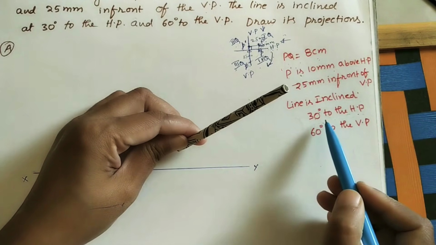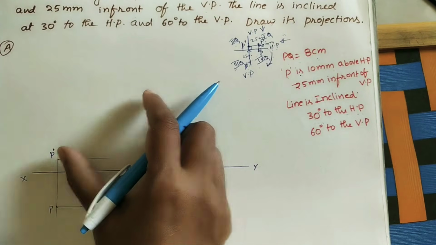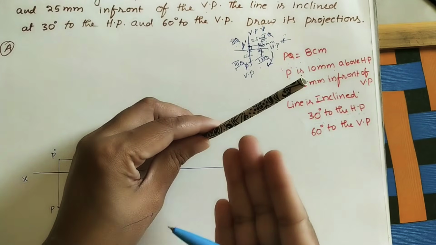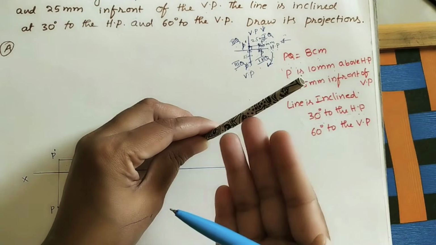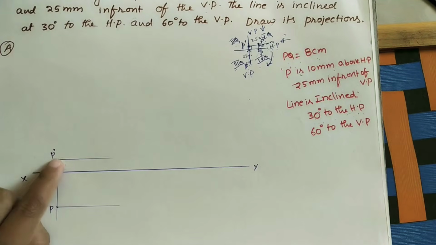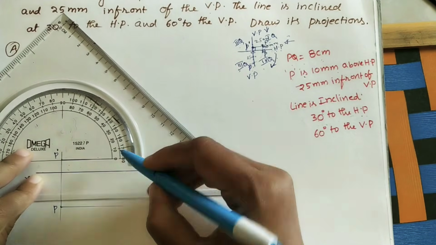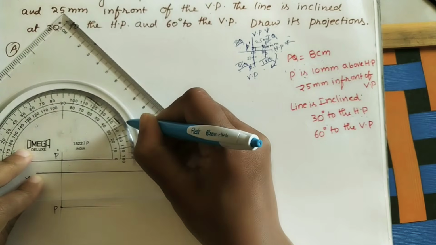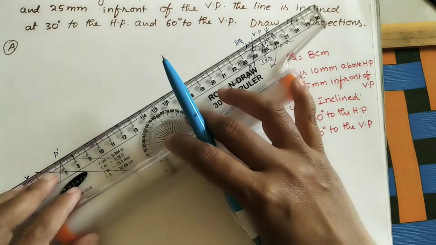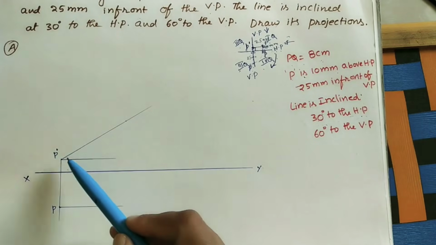That's why take this 30 degrees angle here, and draw the entire length of 8 centimeter. It is the front view. As we have discussed, in the front view we can see the entire length with 30 degrees. So take the 30 degrees line at P dash, that is in the front view. Take 30 here. So join this point to this point like this. So we can see the entire length.